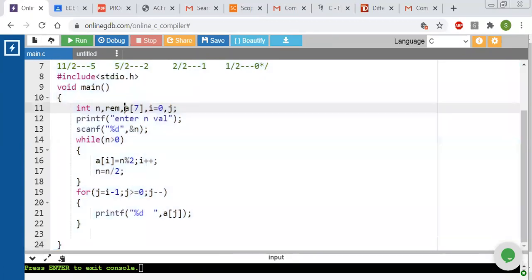Let me verify. We'll take another variable called sum, which is equal to 0.